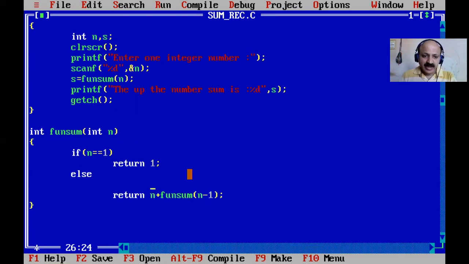So here 5 is waiting, and plus the function is called using n minus 1, so that is 4. That is called, and again it is waiting.